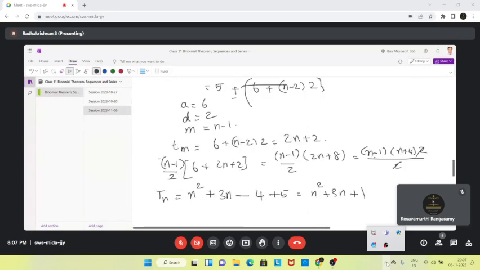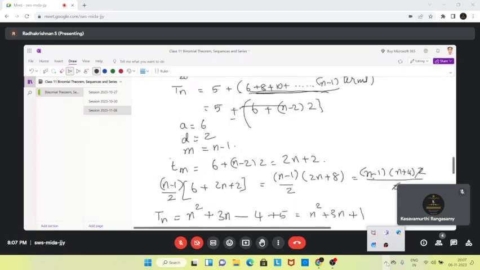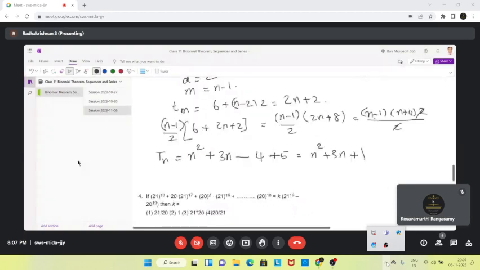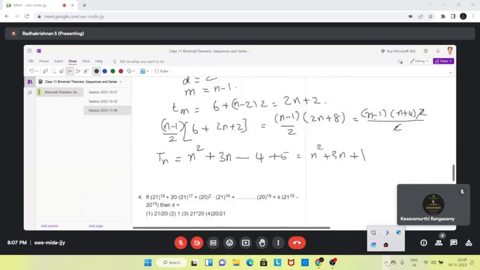So all I have done is this Tn equal to 5 plus this. So this is an arithmetic series. I use the arithmetic series formula to get the sum in terms of n. So I added 5. So that is your Tn. So once you know Tn, then what we really need is the sum of this series up to n terms or 20 terms. So that means